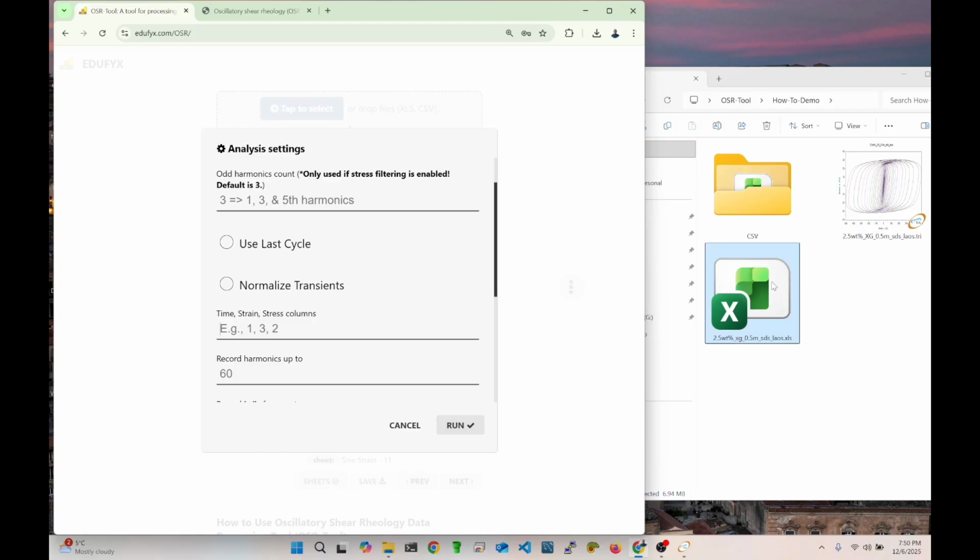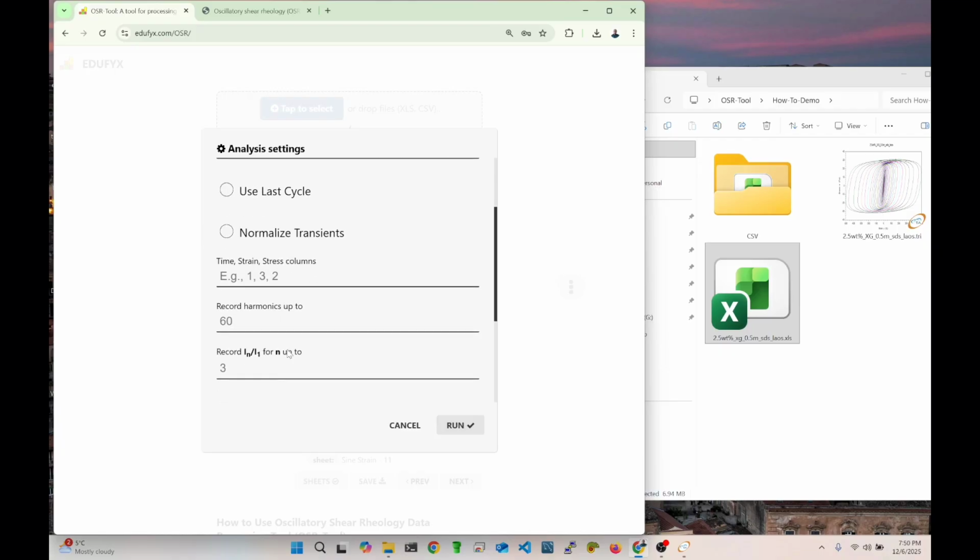But if it is not automatically generated, you can always open your Excel spreadsheet and look up which column corresponds to time, strain, and stress, and enter it by yourself. This record harmonics option is if you want to save the harmonic data for some reason. You can choose how many harmonics you want, and then also the